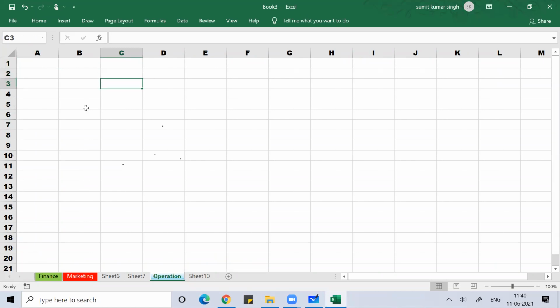Before I do that, I want you to understand the application of two keys. One is the control key, another one is the shift key. Okay, guys. So I want you to understand the control key and shift key, so that it will be better for you when you go to the phase where you work on counting the number of columns.